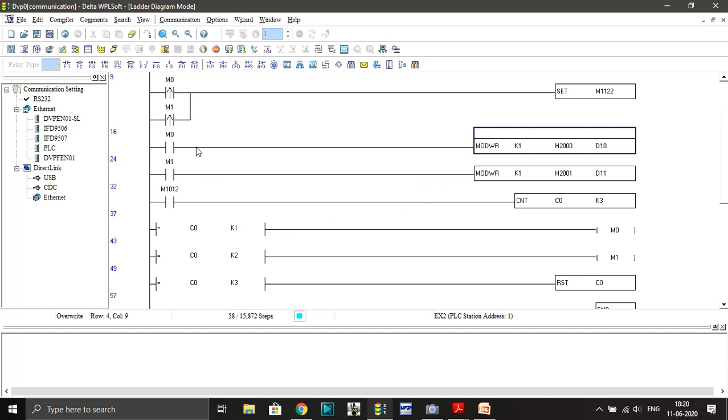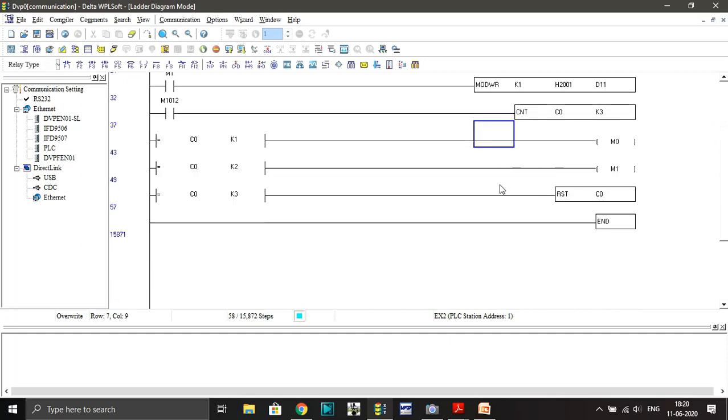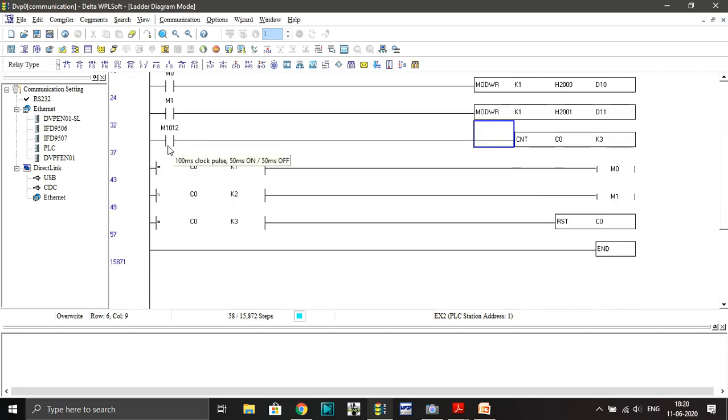Step by step, counter by counter, it will give a clock pulse to our writing instruction. I use the clock pulse of 100 milliseconds, memory bit M1012, given to the counter, and the counter will count up to 3.